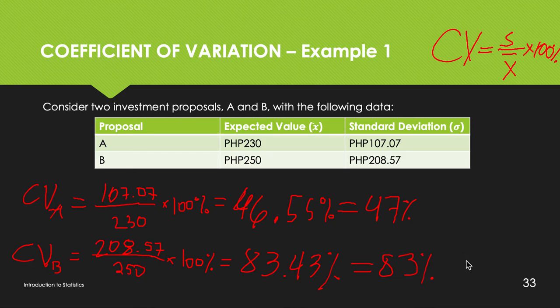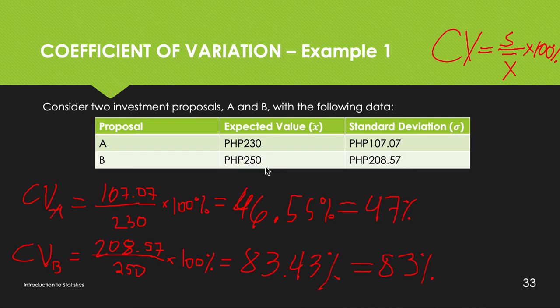Meaning your earning in B can vary. How do we know how it will vary? Look at this. Our mean in B is 250, but the standard deviation is 208.57. Meaning to say, we will have X bar, the mean, plus and minus your standard deviation. That will be your expectation. It is expected that within that interval, you can have that expected value. You cannot get an exact mean of 250 all the time,